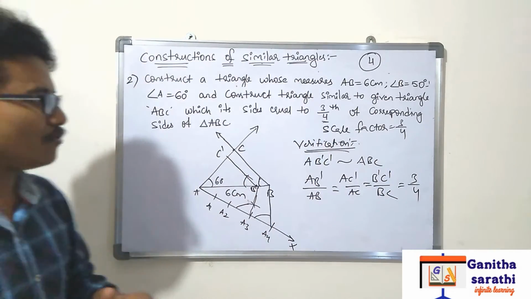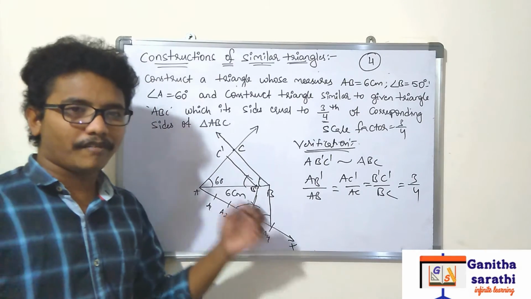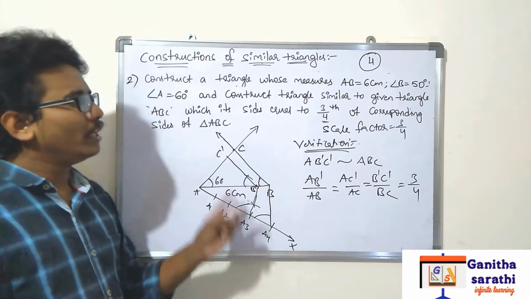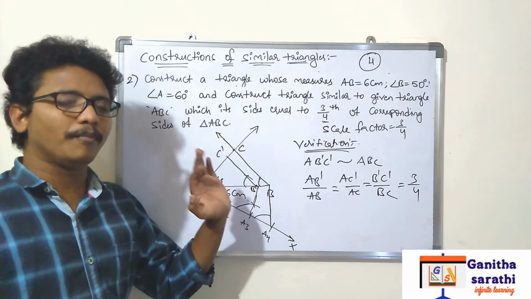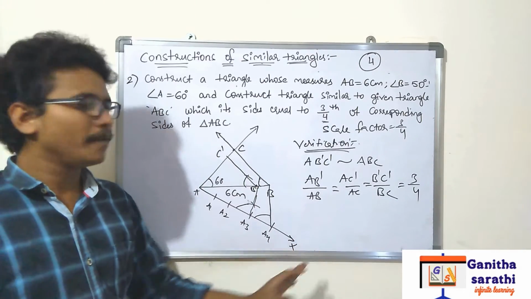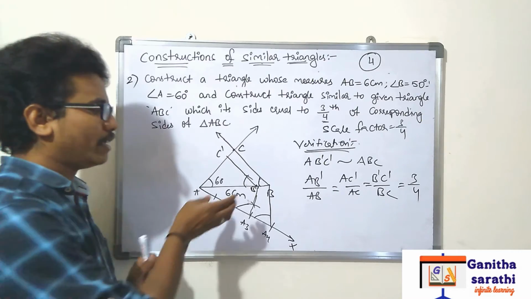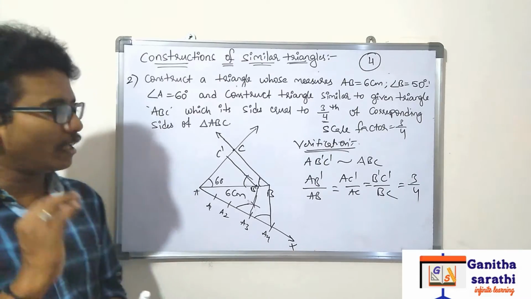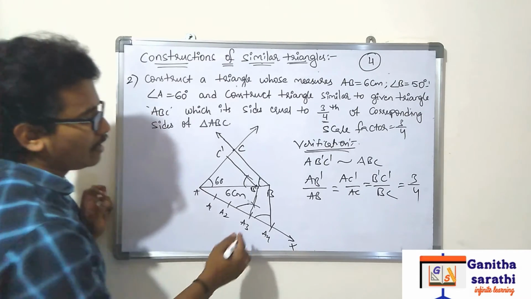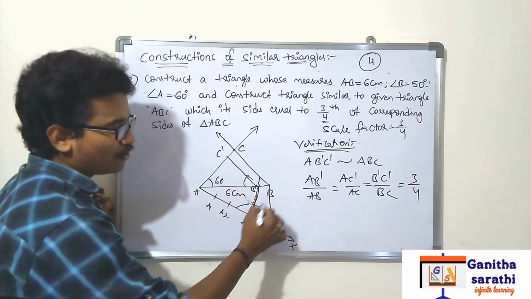Okay. So likewise, we have to do the constructions of similar triangles. Only 2 kinds of methods you will be getting. Either it will be an improper fraction or a proper fraction. Likewise, you should construct. Definitely, you should take the arcs and take the measurement. Then only you will get a similar triangle. And the most important part is that whenever you are constructing, the lines should be parallel.